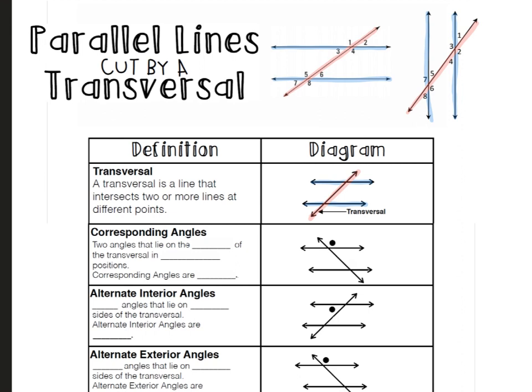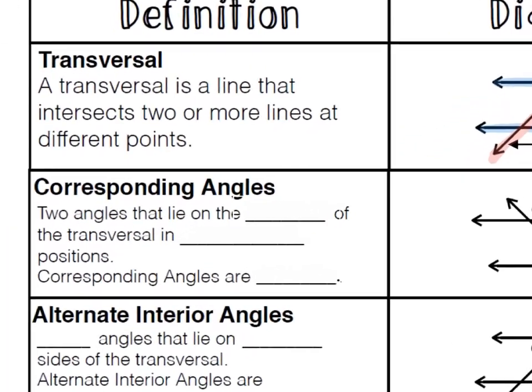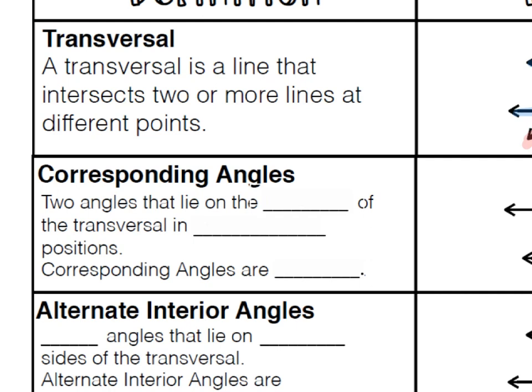Corresponding angles is something that we talked about in Unit 5 on similar figures, so it might seem somewhat familiar. Remember, corresponding means matching. It's a fancy way of saying matching in math. So matching angles, and let's define it more formally. Corresponding angles are two angles that lie on the same side